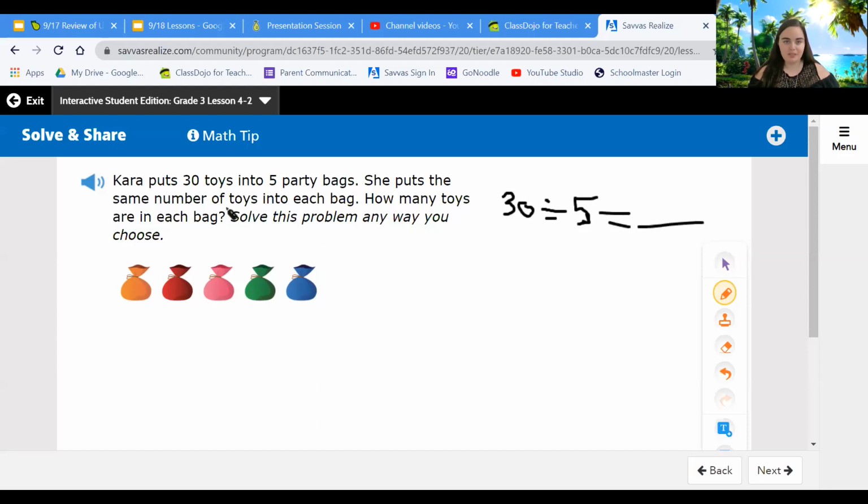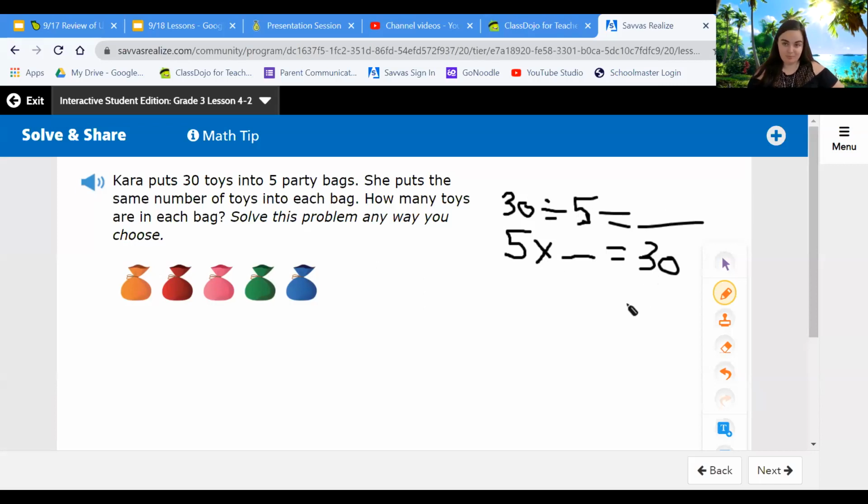She puts the same number of toys into each bag, so we know that it's 5 bags with so many in each equals 30. Again, flipping our thinking, one without the other isn't possible. So our mathematical equation is 5 times something equals 30, or 30 divided by 5